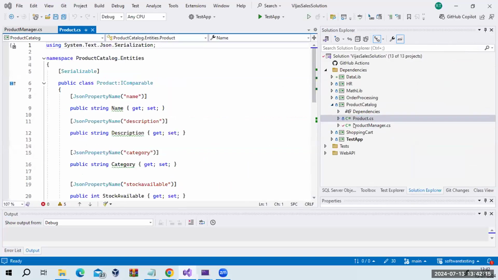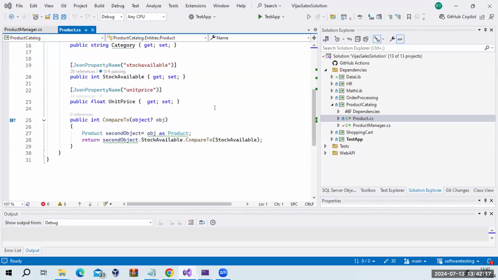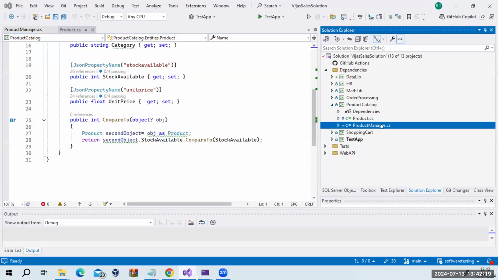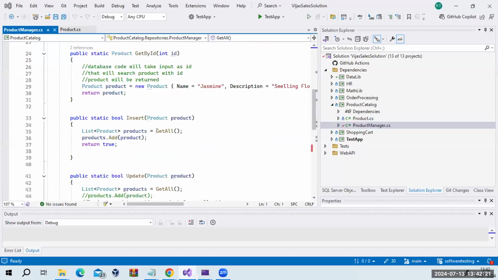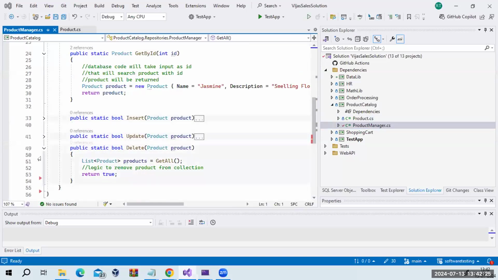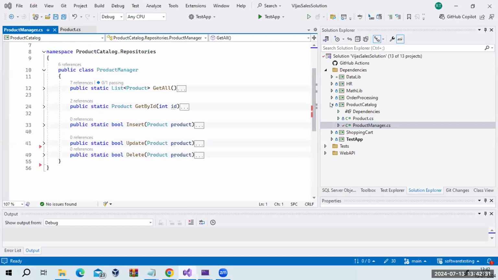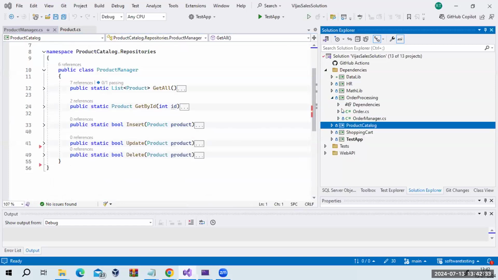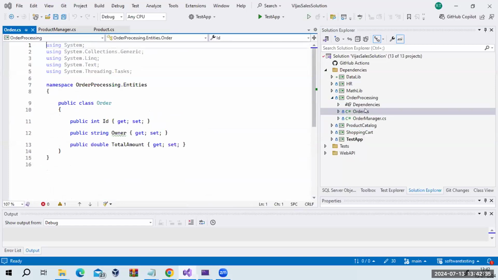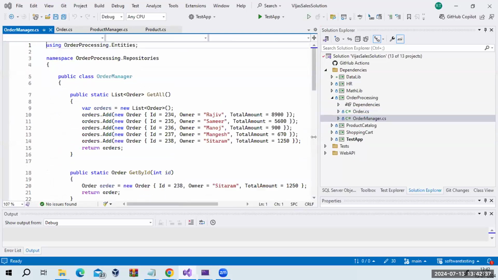So there's a product class, there's a product manager class where I would have performed some kind of insertion, updation, deletion, like a CRUD operations code,